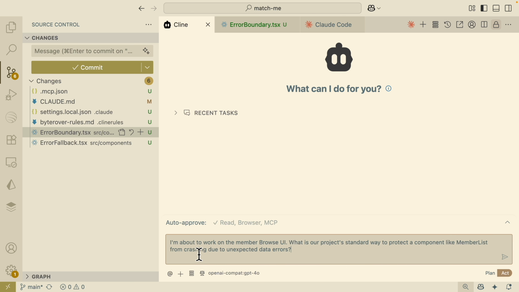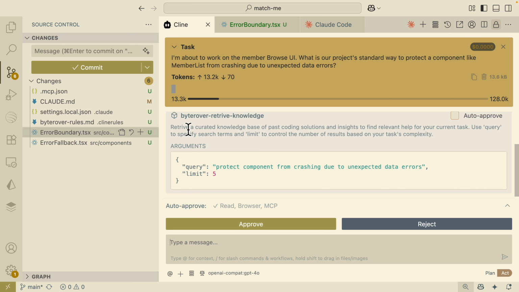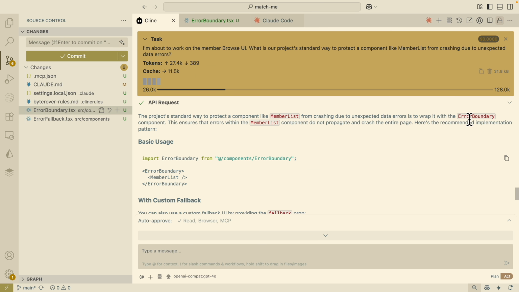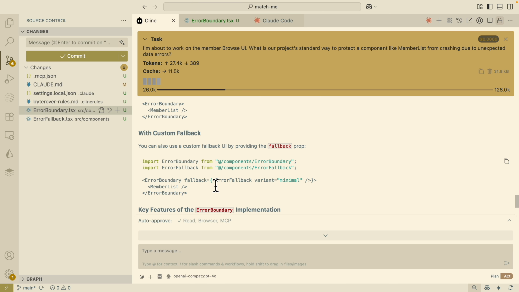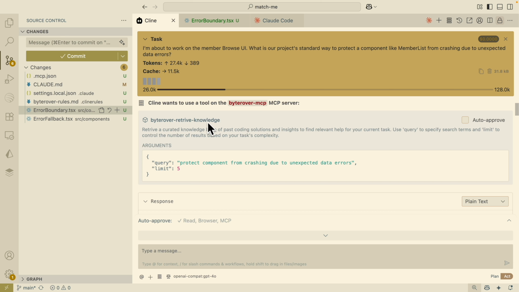So for example, if I give the same question to Cline, you can see it's going to retrieve that from ByteRover for the knowledge retrieval. And here we're just going to approve that request. And underneath it is using GPT-4o for the large language model here. And now we got a response, which is error boundary, and it also gives you examples on how to use it. So we wrap it around a component for the error boundary, and we can also do it with a custom fallback, and it lists out the key features, and it is able to know that by using ByteRover here